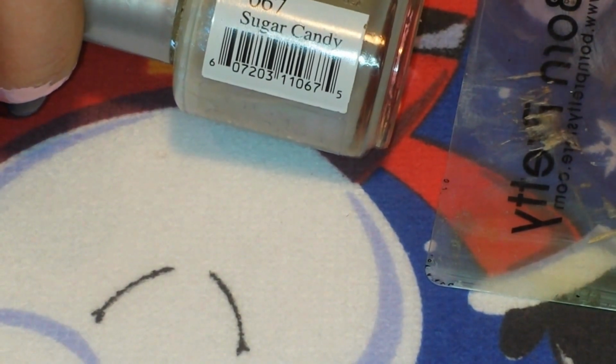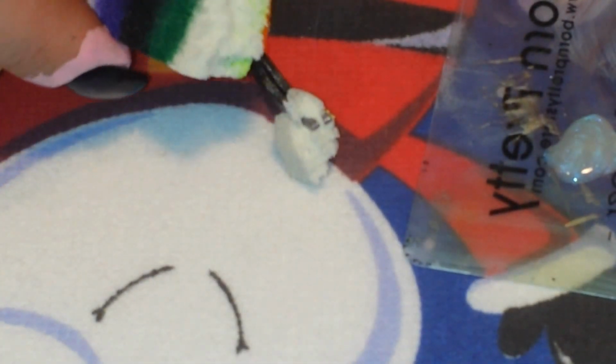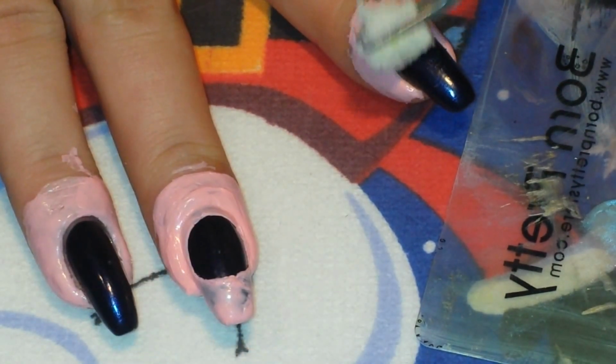So the first thing I'm going to do is basically a galaxy mani. It's what I consider to be a galaxy mani, and I'm using Sugar Candy and Pretty Pink. So I've got in my tweezers here a ripped off chunk of makeup sponge, just a cosmetic sponge. And just like I've done before, I'm just gonna take my little makeup sponge here and dab it in the blue. And I'm gonna go across the nail, kind of in like a swirly sort of, not necessarily swirly, but